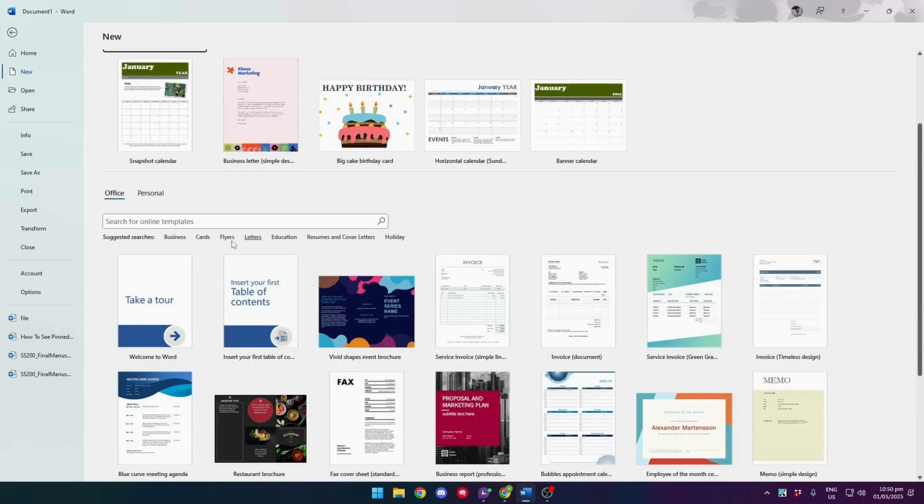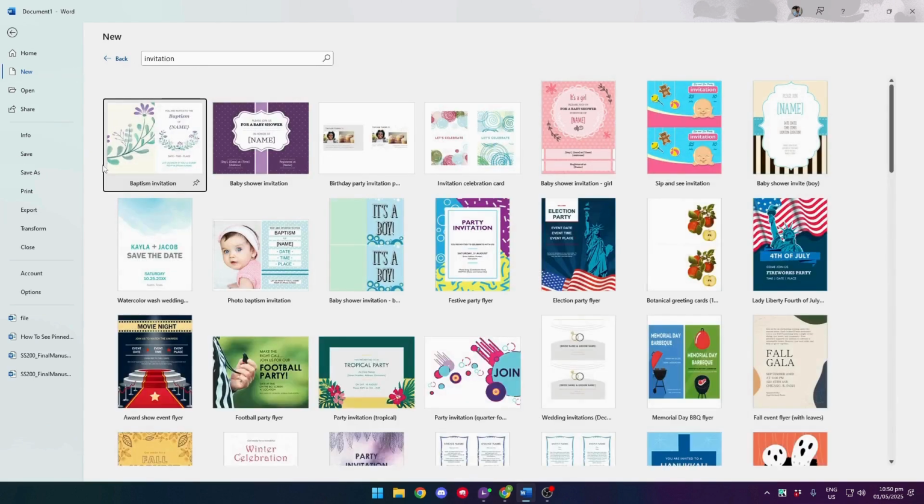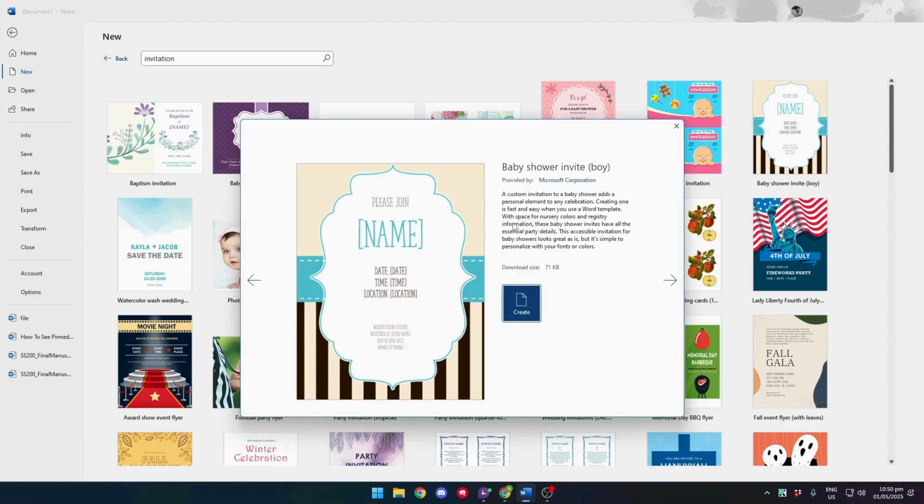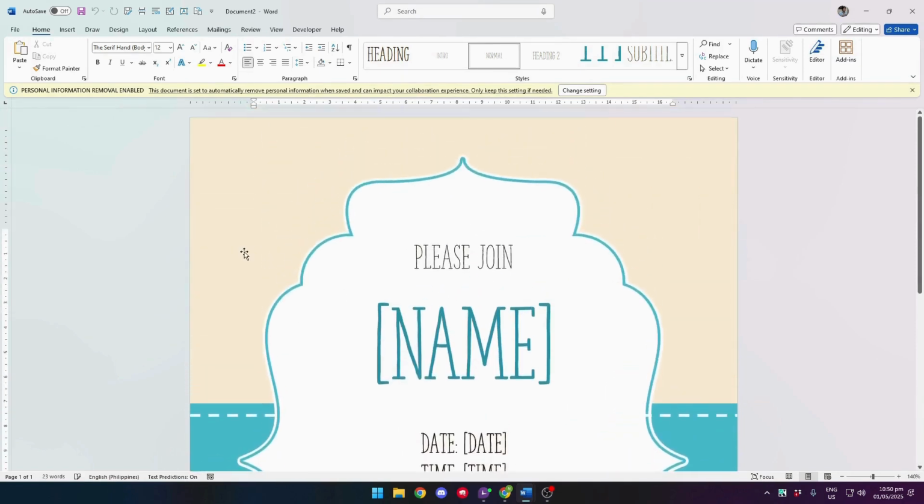And right here, under the search bar, you can type in invitation, and you should be able to find a lot of different kinds of invitations depending on the event that you want. And once you've chosen your preferred invitation, you can simply click on it and a new document